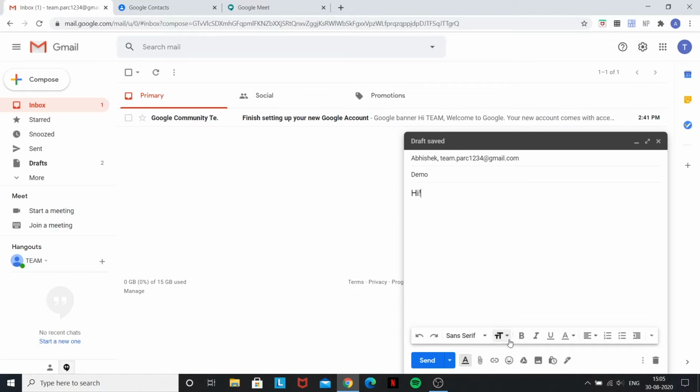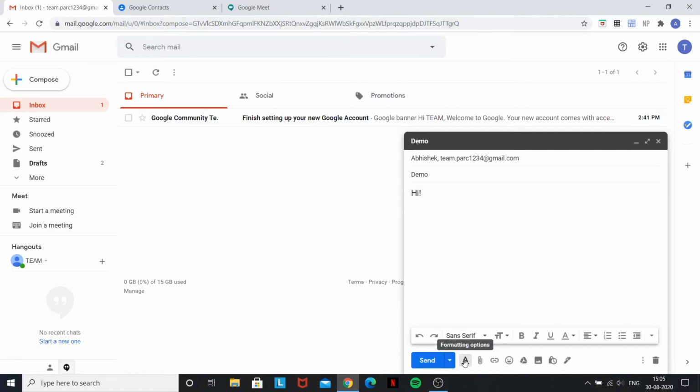This is text size, bold, italic, underline, text color, alignment. So if it's center aligned, left aligned, and so on. And this will be numbered lists, making bullet points, indent, and multiple other formatting tools. So the first option is just different text formatting tools.